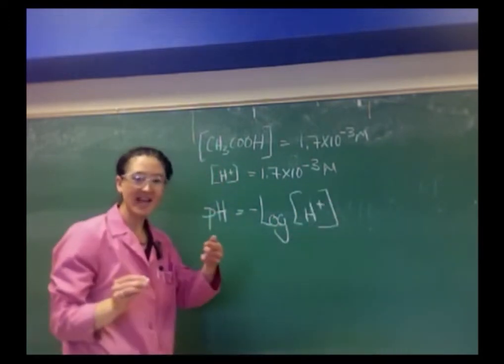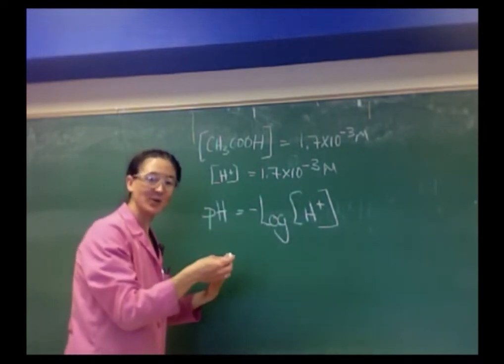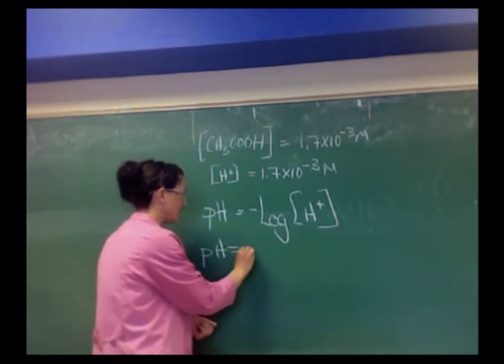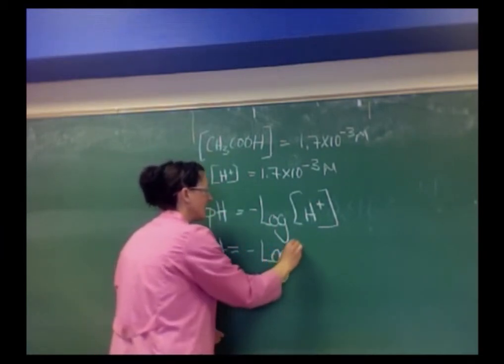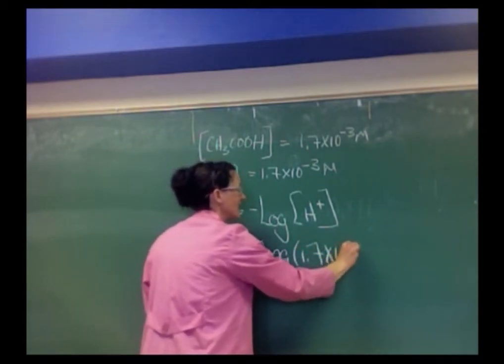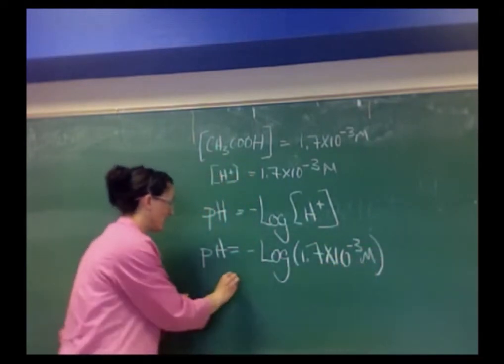And we'll plug then in 1.7 times 10 to the minus 3 molar into that equation. So our pH equal to negative log of 1.7 times 10 to the minus third,